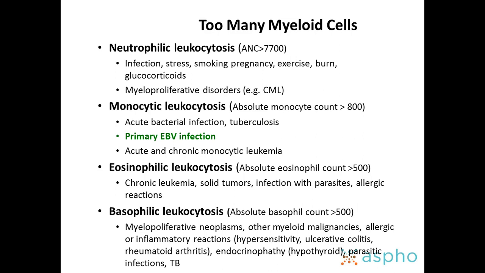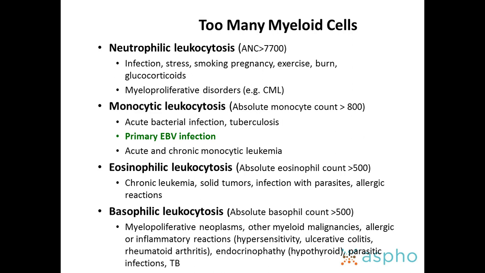These are sort of generic things, but something to think about. So if you have really high leukocyte count, that can be due to a lot of reasons. How many of us have gotten a consult because of an ANC is like 30,000, right? And you say, well, the patient has a really bad infection. So infection, stress, smoking, pregnancy, exercise, glucocorticoids, right? Anything that gets all those neutrophils out into the periphery can give you high ANC, as can myeloproliferative disorder.